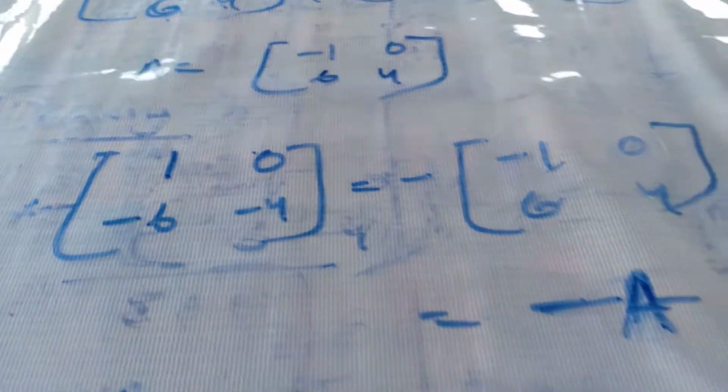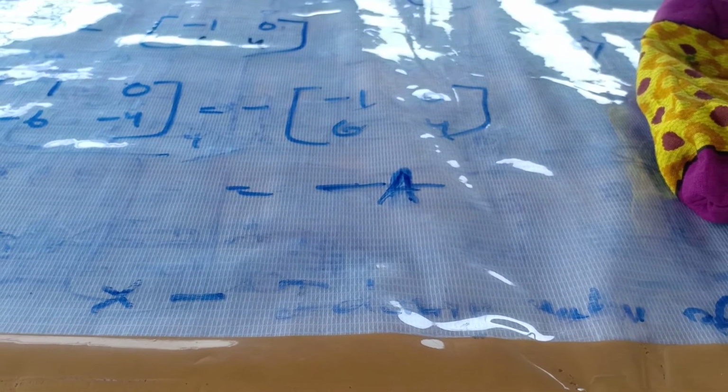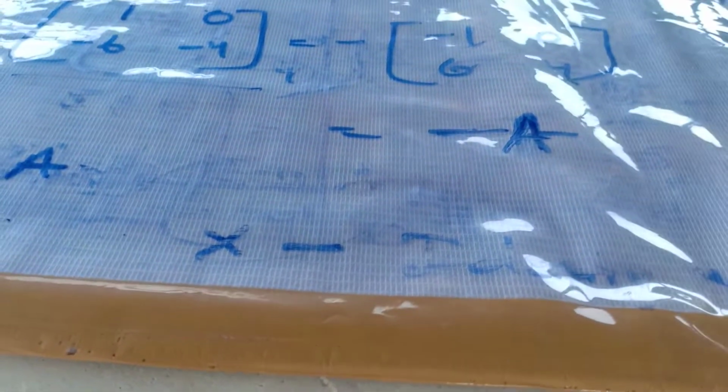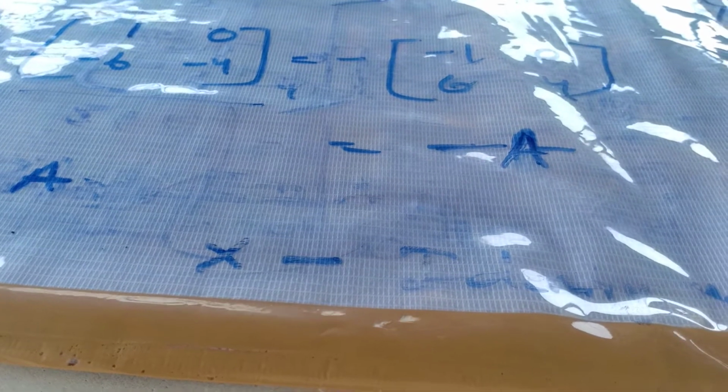So I can say that -A is the negative matrix. So I can say that every matrix's additive inverse is its negative matrix. Every matrix's additive inverse is its negative. Suppose it is of any order. The negative matrix again comes in the same order, so that is the additive inverse.